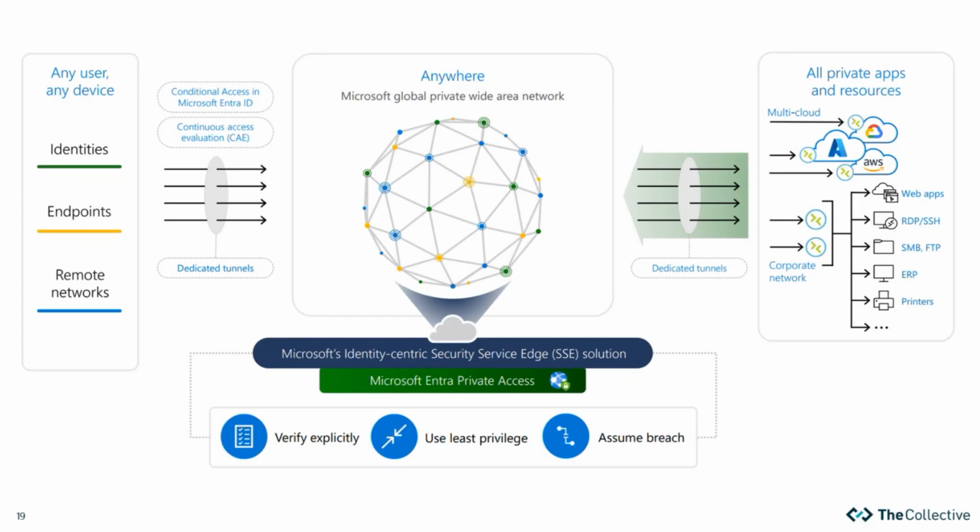So the cool thing here is that we use dedicated tunnels to tunnel the user to the destination resources. And the destination resources, which you can see at the right-hand side, are actually exposed via private access connectors. These private access connectors are hosted on virtual machines. So you basically place a virtual machine inside your environment where the access needs to be provided. You place the private access connector on there, and the private access connector makes an outbound connection to the Global Secure Access POP, allowing the users to tunnel via that outbound connection inside of your